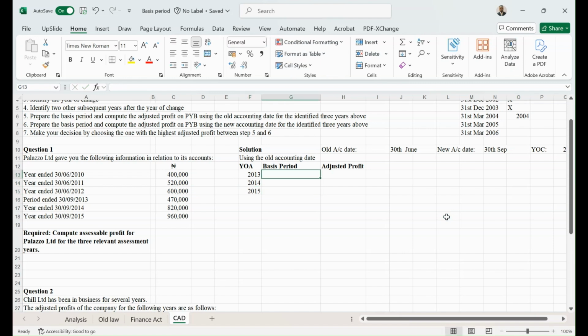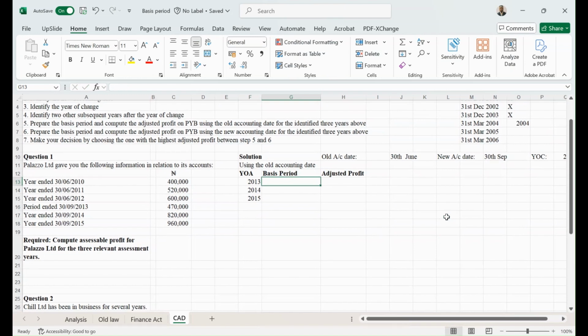The old accounting date is 30th of June. So on a preceding year basis, it's going to end with 30th June. If this is 2013, this is going to be 2012. Then taking it 12 months back,